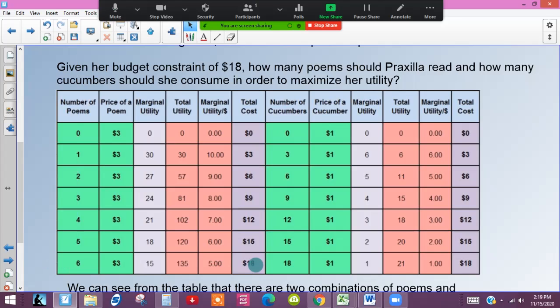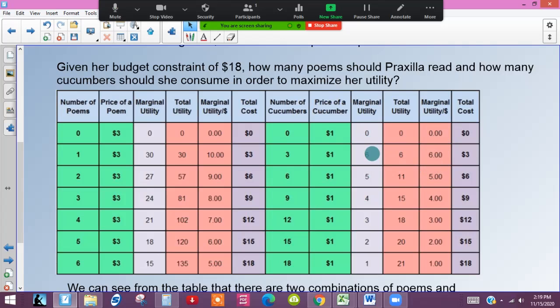Now, okay, so let's jump over here to cucumbers. We got 0, 3, 6, 9, 12, 15, 18. The price of one is $1. The marginal utility starts off at 6 when she consumes 3, and then goes down by 1 with each additional 3 cucumbers. And then we have our total utility over here, which is just summing up the marginals. And then we've got the marginal utility per dollar in this next to the last column here, which is easy